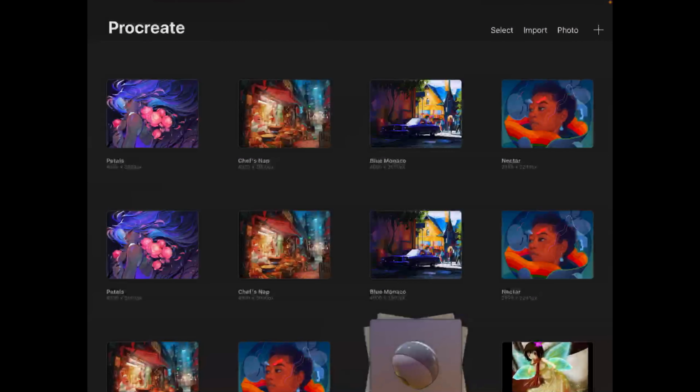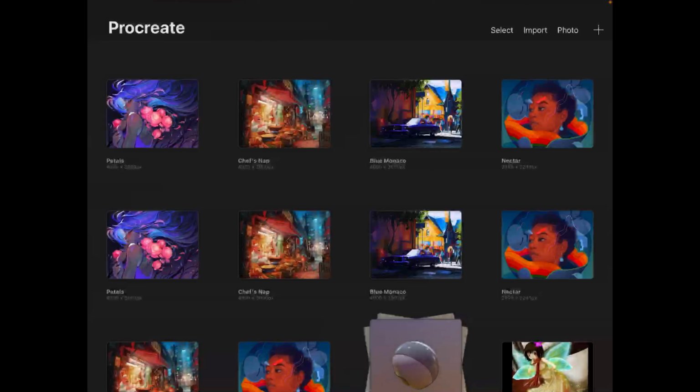Now let's open Procreate, and you will find yourself in a pretty much empty gallery. You will find these top 4 artworks only, and maybe a few more sample artworks which Procreate has already provided for you to get an example of what you can do in Procreate. Now let me guide you through this gallery screen. There's nothing too intimidating, so let me show you.